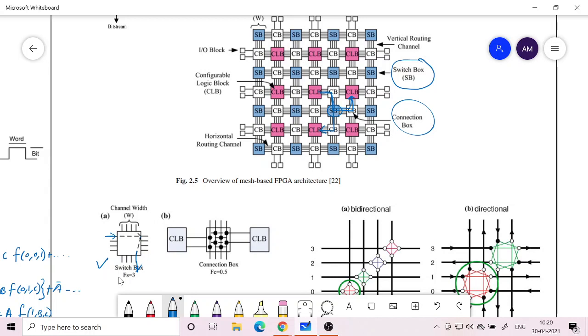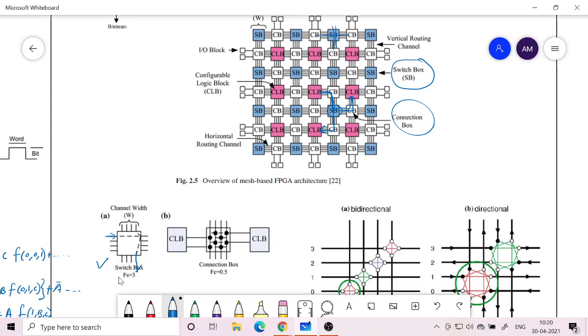There are a lot of details inside this, how that connection is established. It is basically a connection between the horizontal and vertical wires passing through it. All the SBs have horizontal wires and vertical wires, and depending upon how you want to program the routing, you have to connect these horizontal and vertical wires. That is what is done in the switch box.